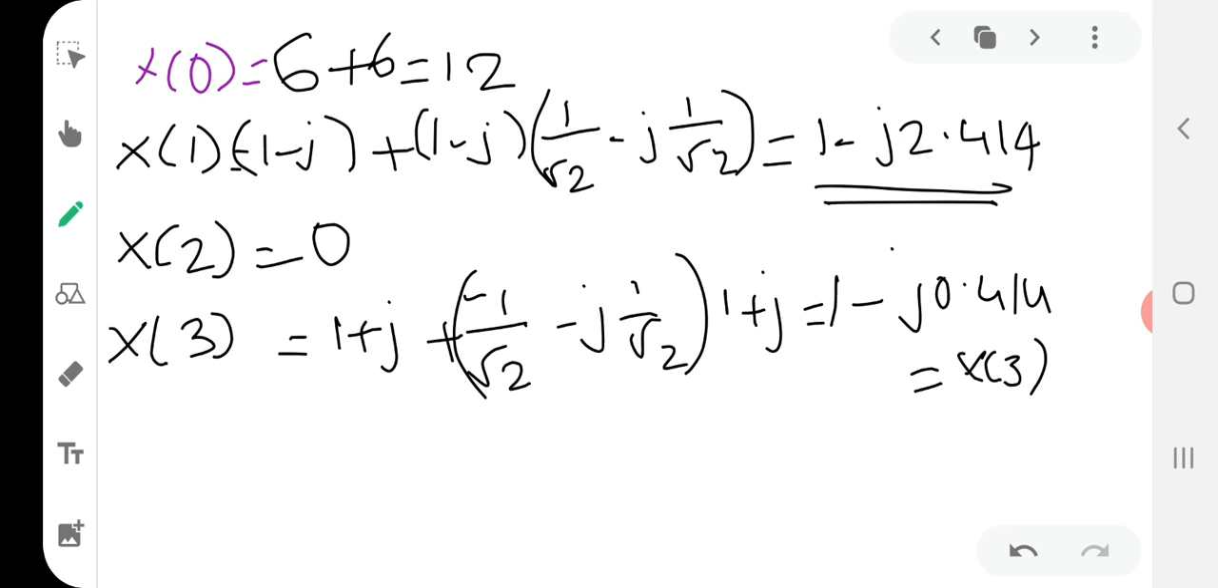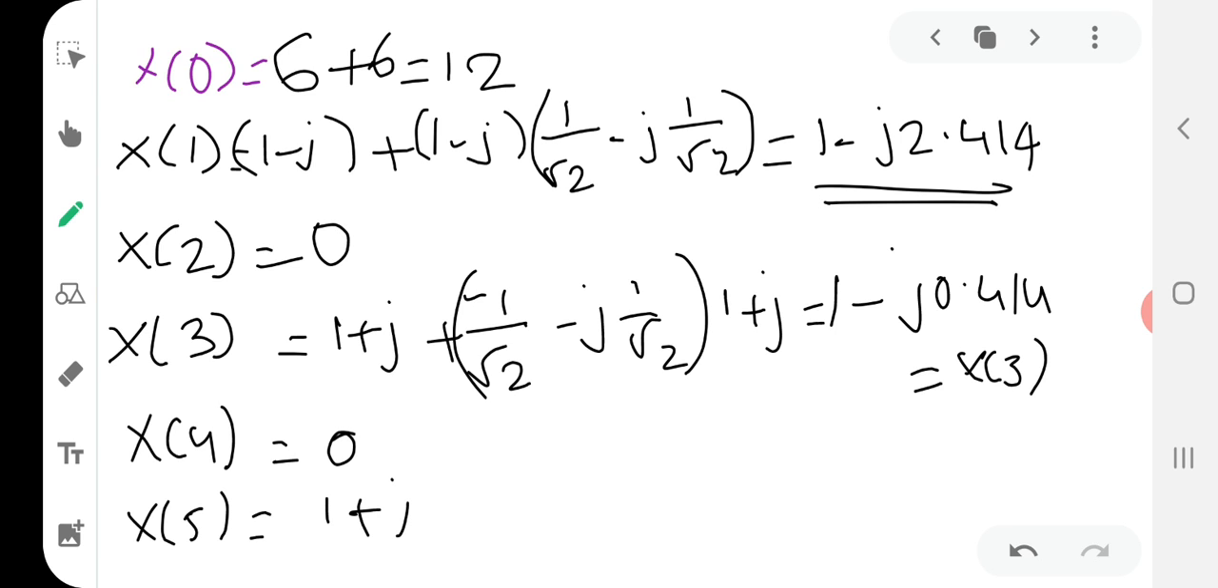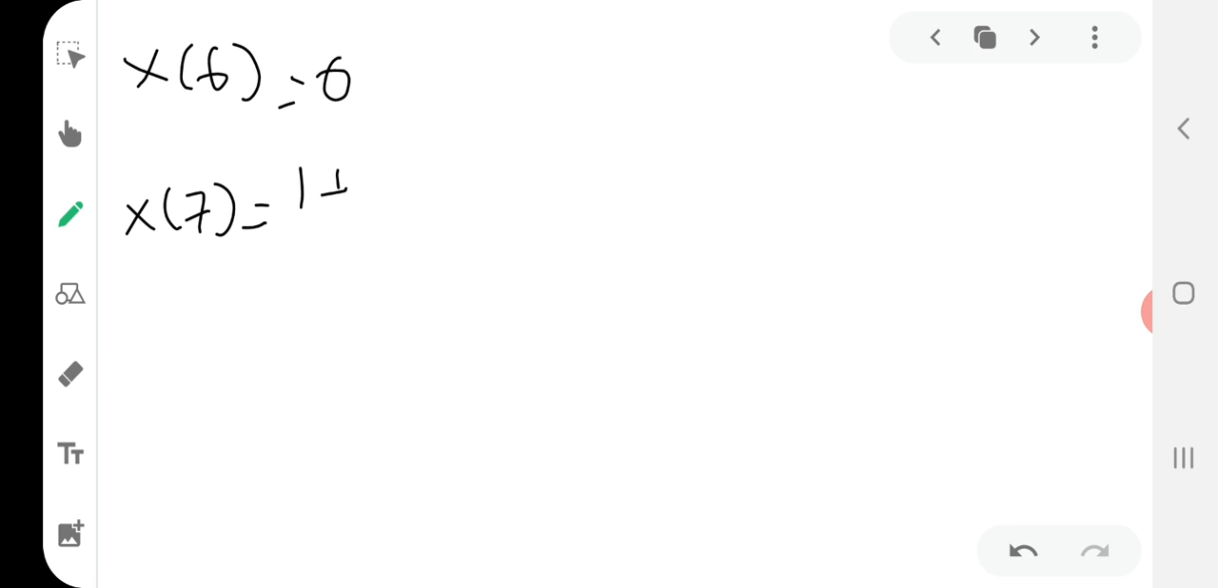Okay, now like that, if we find all the values, we will get x of 4 equal to 0, and x of 5 equal to 1 plus j 0.414, and then x of 6 equal to 0, and x of 7 equal to 1 plus j 2.414. Like that we will get all the values, and finally we can write y of n is equal to